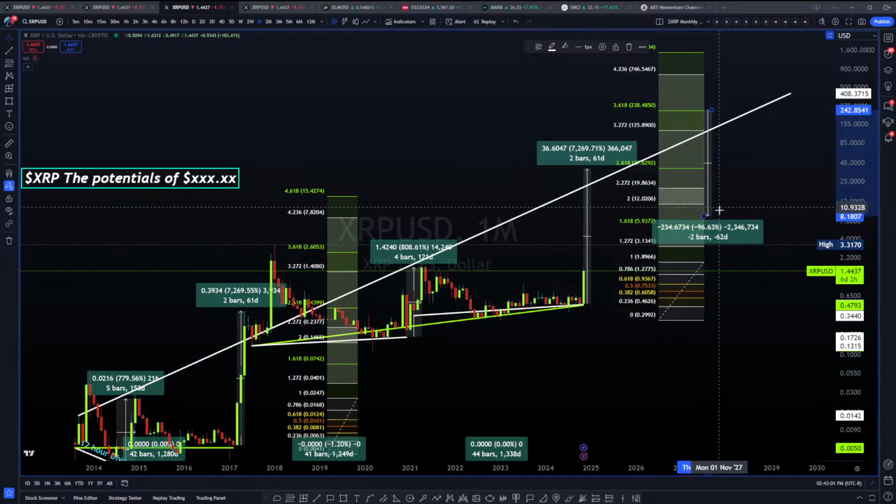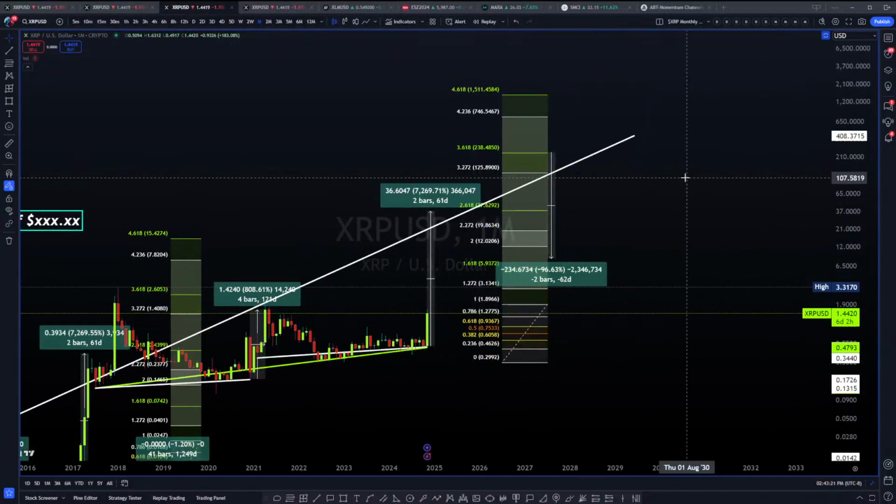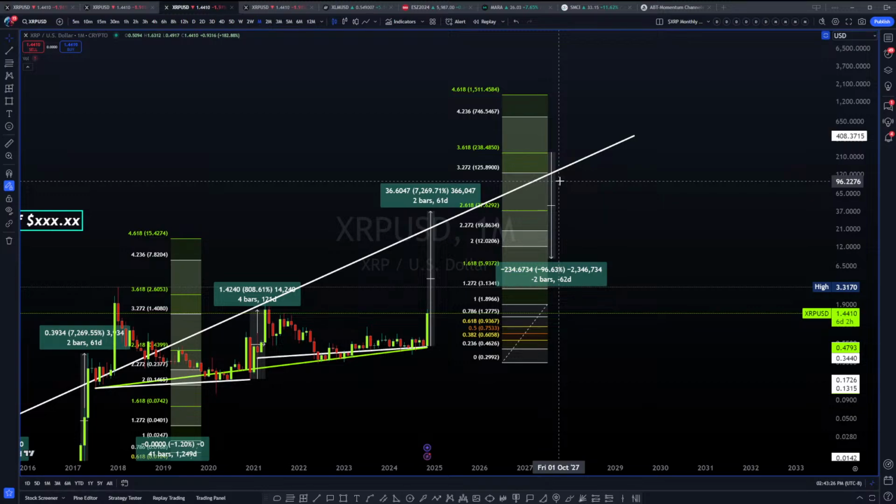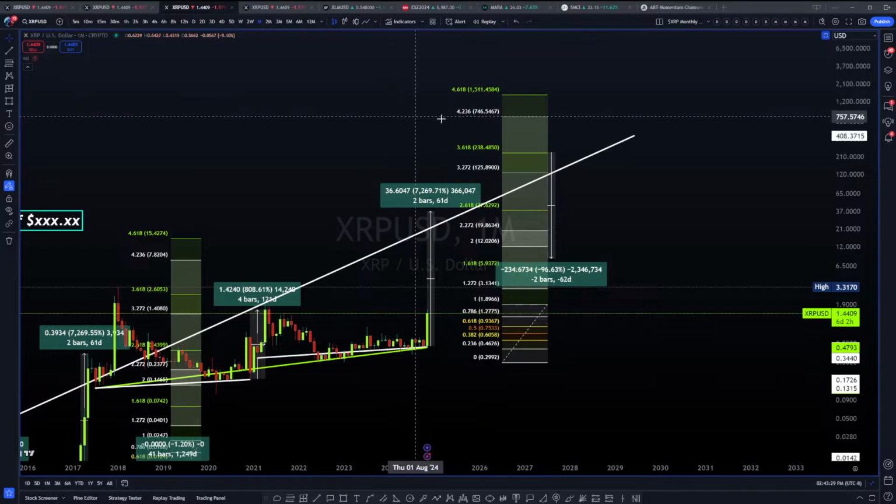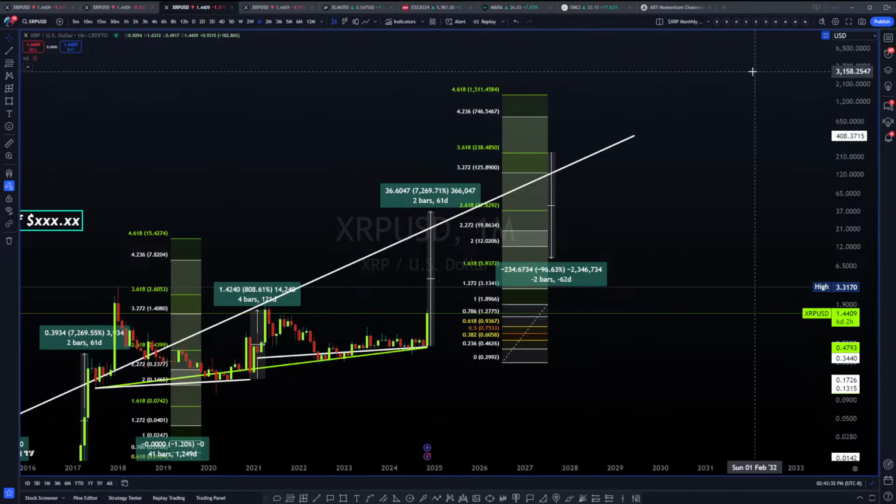$10 validations would start here to find if that's truly our area of resistance. We break back above the 37, which puts you at might as well $50. Create $50 as your space of new confirmed resistance into support, and continue on into, I would say, 2027, 2026, maybe we would be reaching targets of anywhere between the 4.236 to the 4.618 of $750 to around $1,500 per coin, if this does get adoption as far as we think that it can get adoption.